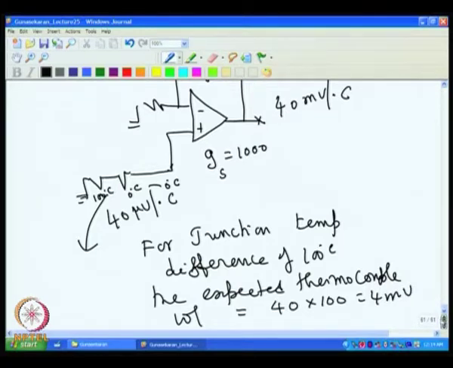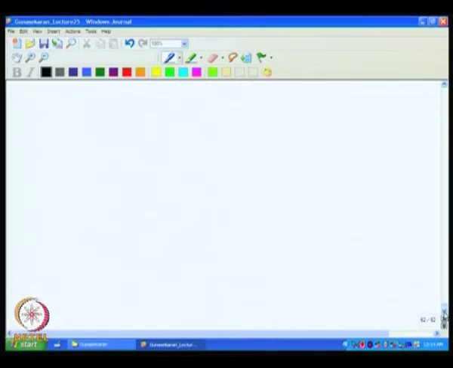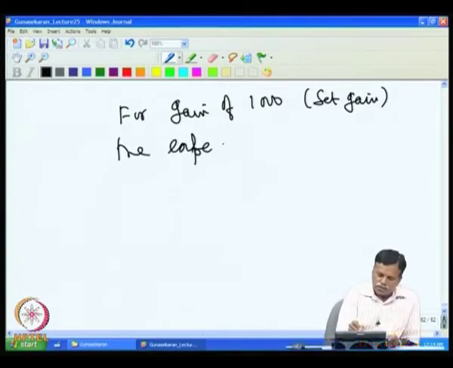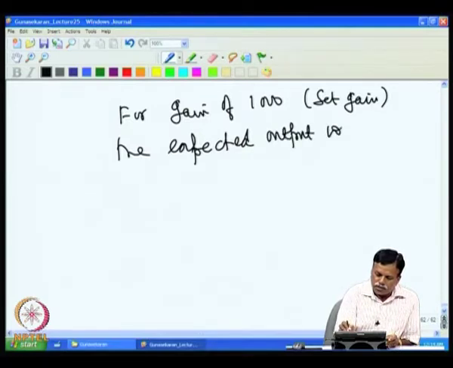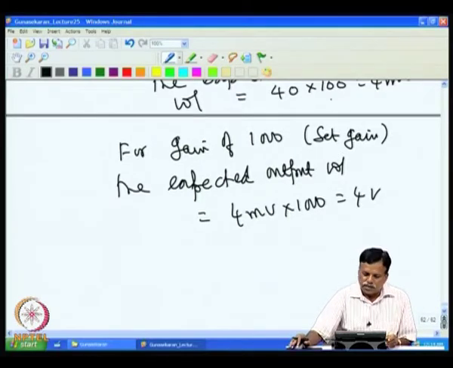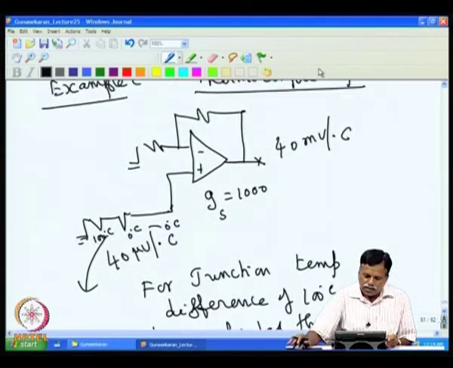So, we expect the 1000 gain. For a set gain of 1000, the expected output voltage is 4 millivolt into 1000, that is equal to 4 volt. So, the expected voltage is 4 volt, but what actually happens is, we had shown that